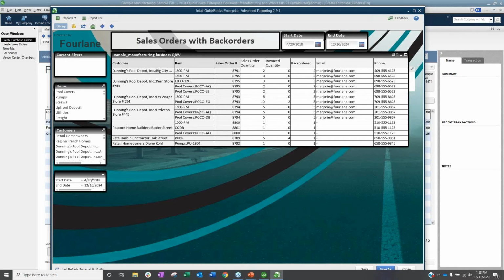Okay, so it's pulling in customer, what item, what is the sales order number, what is the quantity, how many have been invoiced, meaning how many have been sent out, and we can change this instead of saying invoiced to be shipped, how many are back ordered, what's the email address tied to the customer, and then phone number as well if we needed to give them a call.